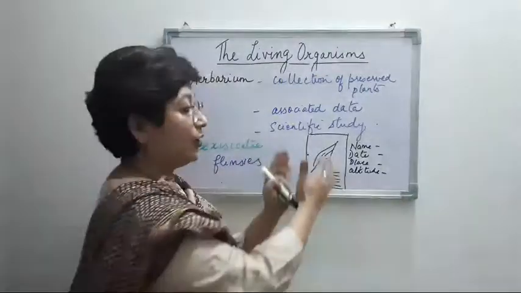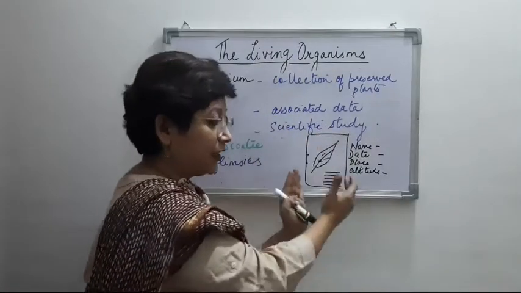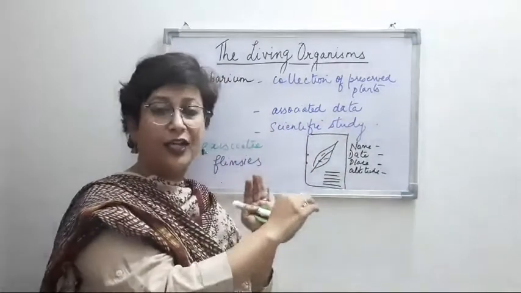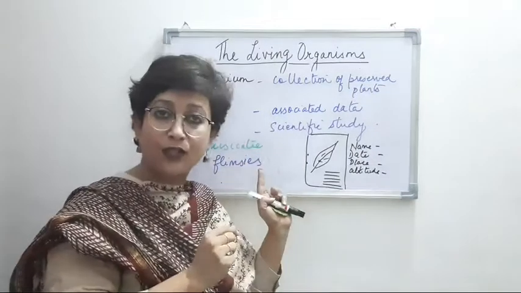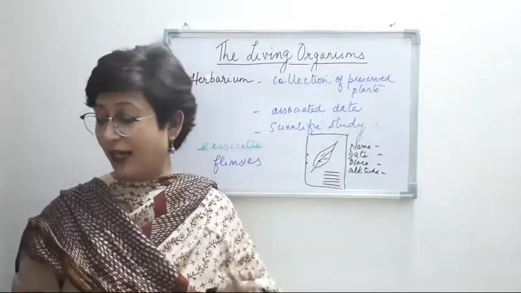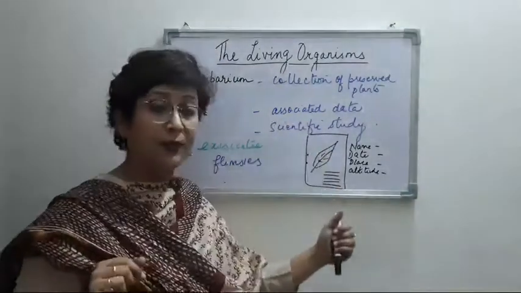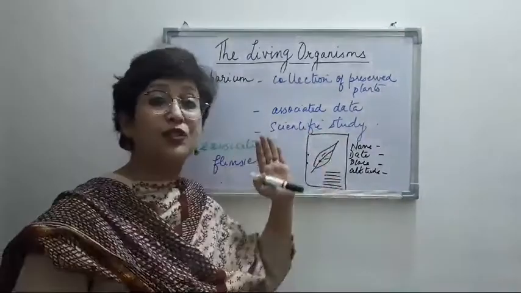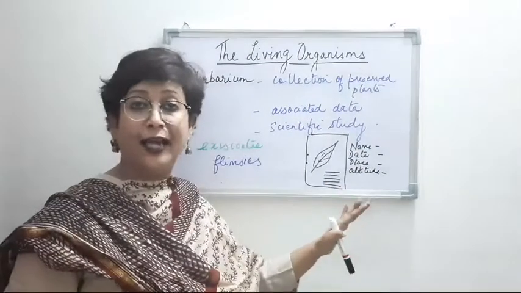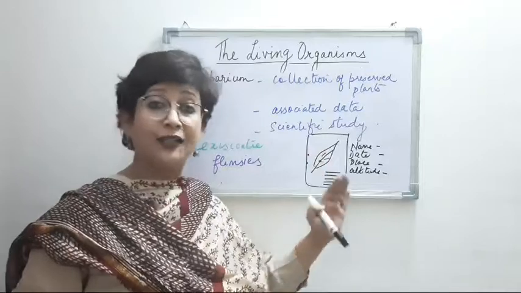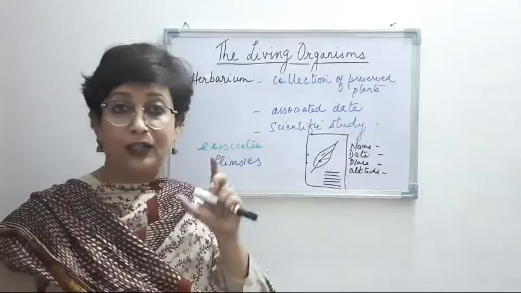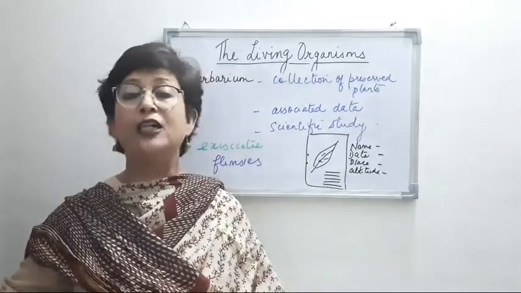So again here, as I told you, once the sheet is prepared, the leaf is mounted, all the details are there. Now this can be kept or preserved in some boxes, right? Glass boxes. Why in the glass boxes? So that insects don't destroy the specimens that have been preserved, right? So that's about the herbarium, right? Since all the details are given over here, it becomes easy for the scientist to study the particular plant in detail, and with the help of this, the scientist will be able to classify it or categorize it into a particular taxonomical category, right? So that's about the herbarium, right?